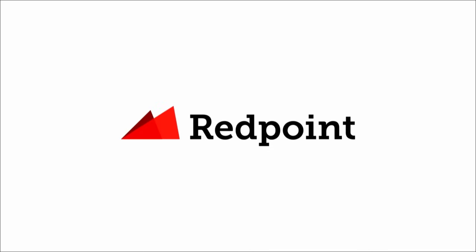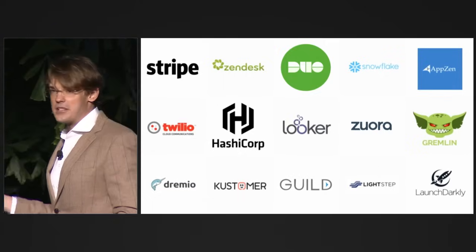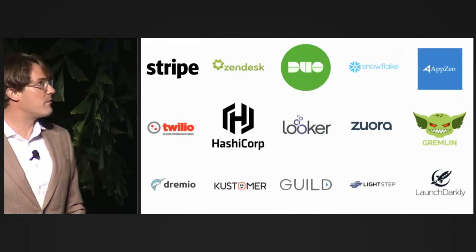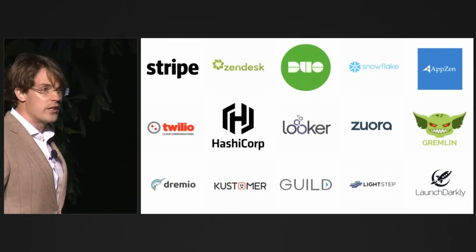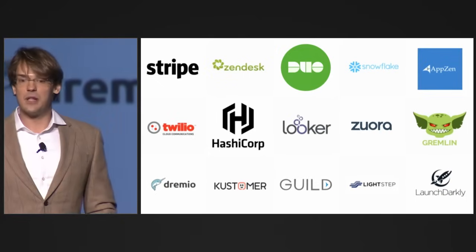Redpoint is a venture firm that's been around for about 20 years. We invest from the very earliest stages to the latest stages of software and consumer companies, and we're based in California. Over our 20 years, we've been lucky enough to work with over 15 different unicorns and some of the most notable companies in the last generation of software, including companies like Stripe that just raised at $22.5 billion, HashiCorp and Snowflake, which are two of the fastest growing software companies in history, and some of the next generation businesses